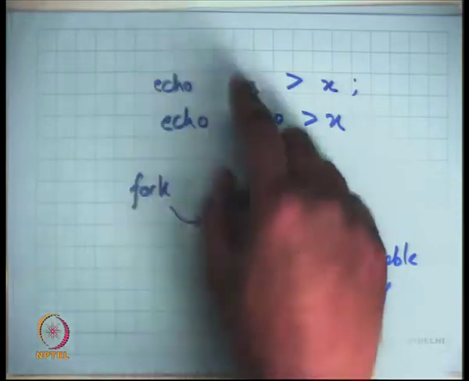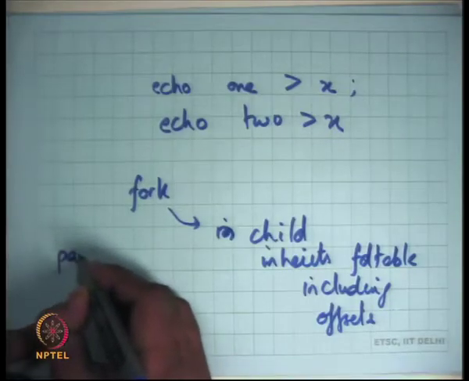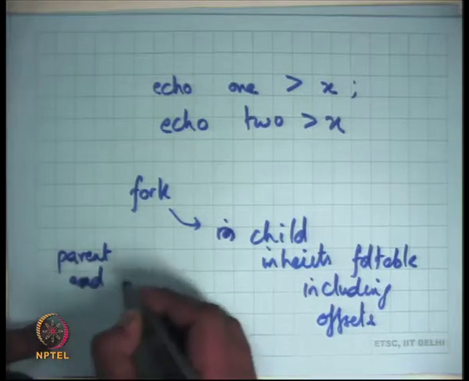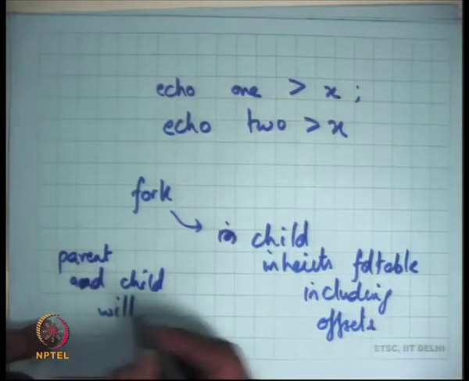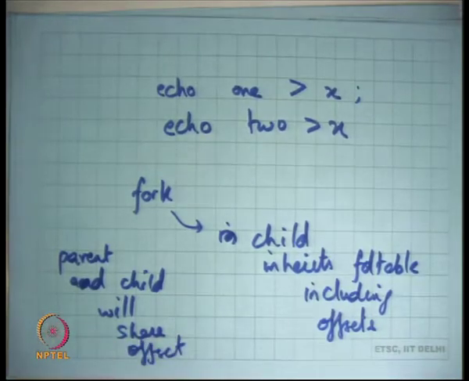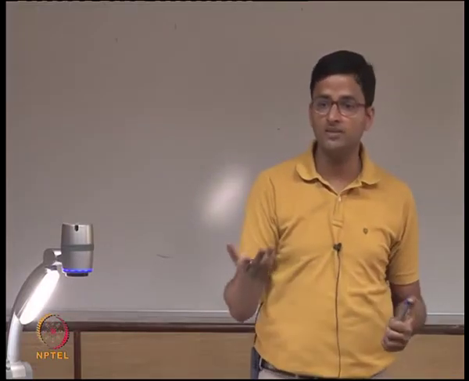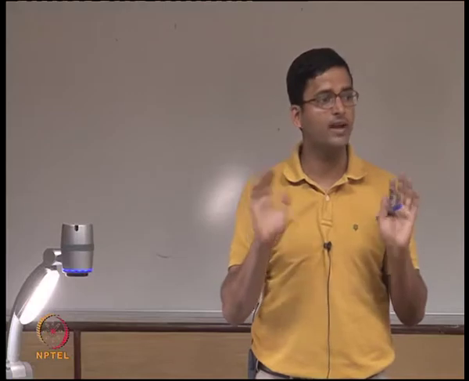When it's going to write something to the file, because the offset was implicit and was shared between the parent and the child, what will happen is that the parent and child will share the offset. Because they share the offset, if the child writes anything to the file, the offset of the parent automatically increases. And so you don't end up overwriting each other, you end up appending to each other's output. The append may be non-deterministic, but in any case, it's not overwriting.